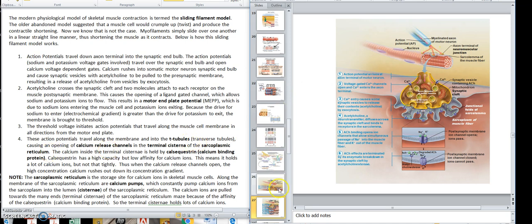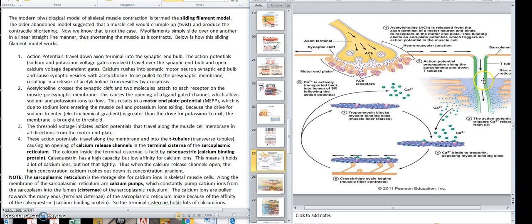causing the opening of calcium release channels in the terminal cisternae of the sarcoplasmic reticulum. The calcium inside the terminal cisternae is held by calsequestrin, also known as calcium binding protein. Calsequestrin has a high capacity but low affinity for calcium ions. This means it holds a lot of calcium but not that tightly. Thus, when the calcium release channels open, they're going to open right into there. When they open,